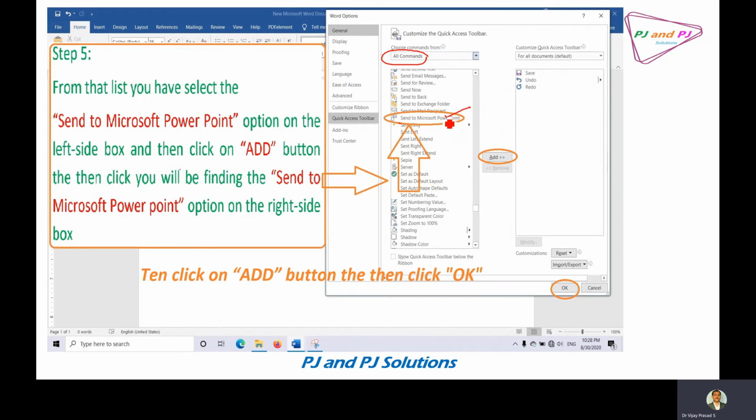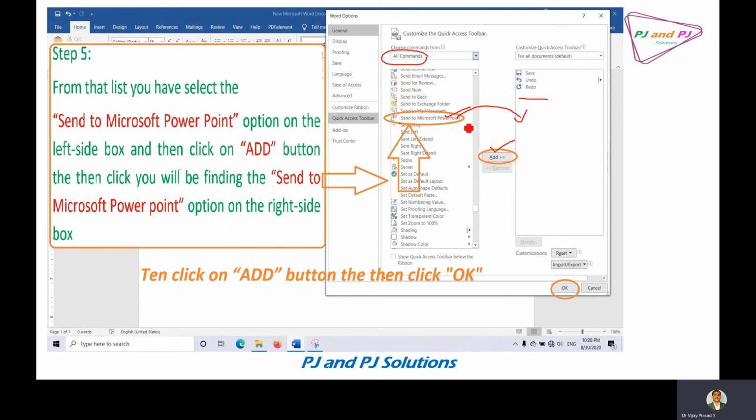You have to select this, and after that click on the Add button. If we click on the Add button, Send to Microsoft PowerPoint will come into this box. This command, which was not in use, you have now added to the usable commands. That's all.